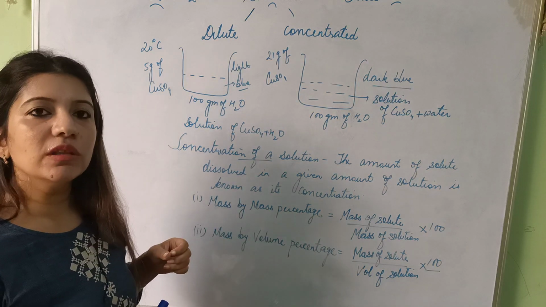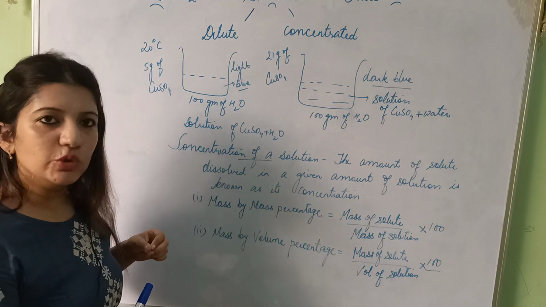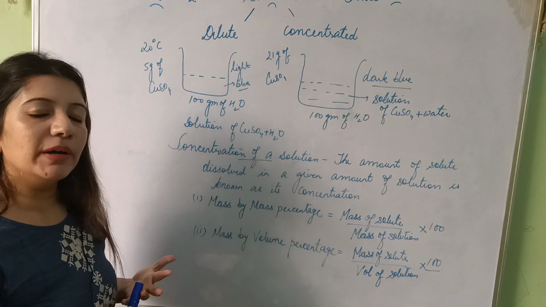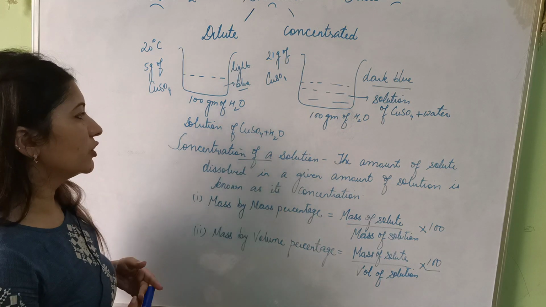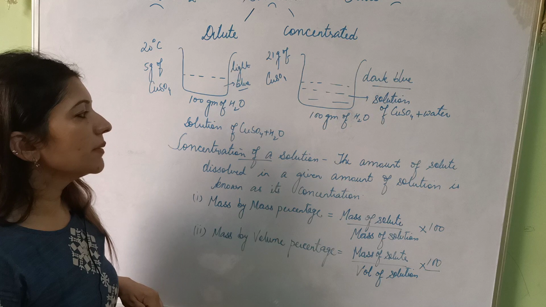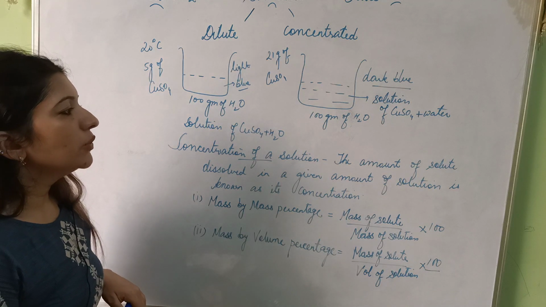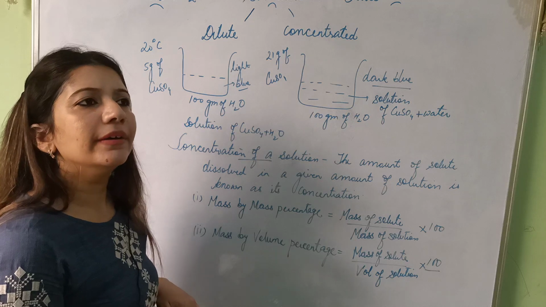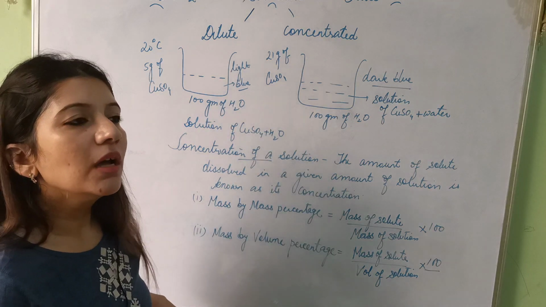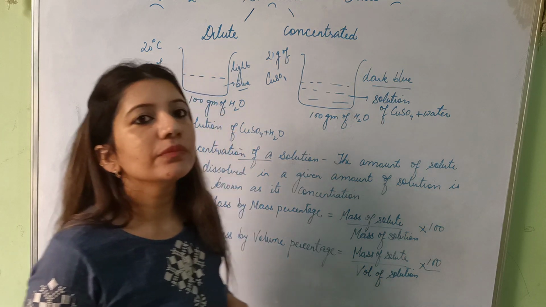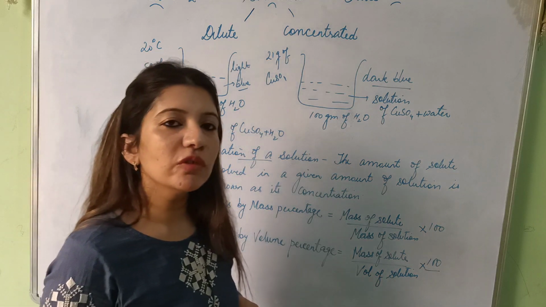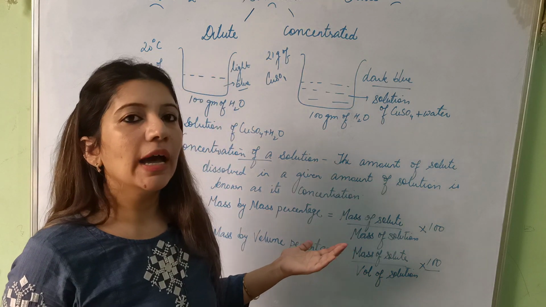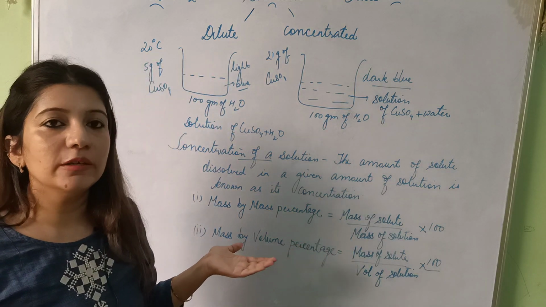What is concentration? The amount of solute dissolved in a solution. कितना solute dissolved एक particular solution में, that is concentration of a solution. Like suppose you take 100 gram of water and you take two beakers A and B. You put 5 spoons of sugar in beaker A and 10 spoons of sugar in beaker B in 100 gram